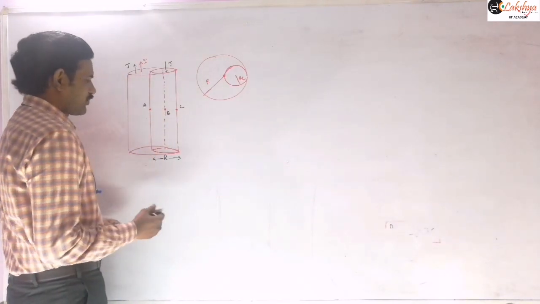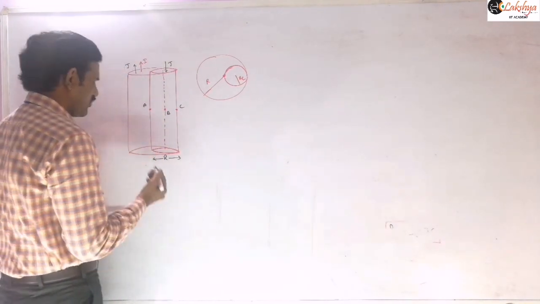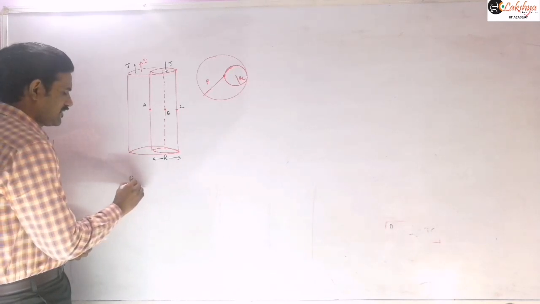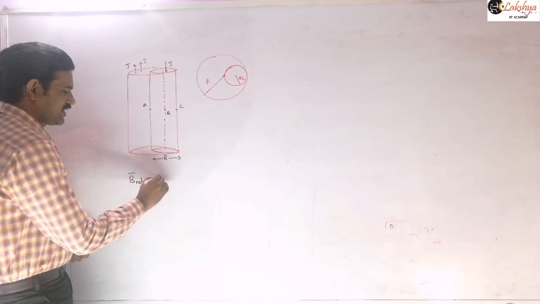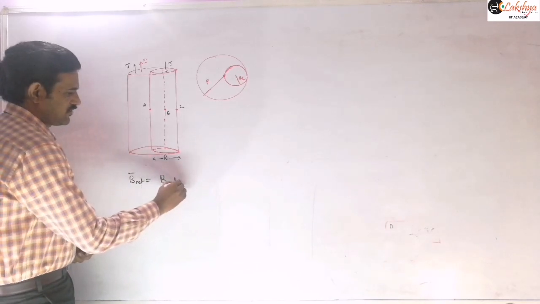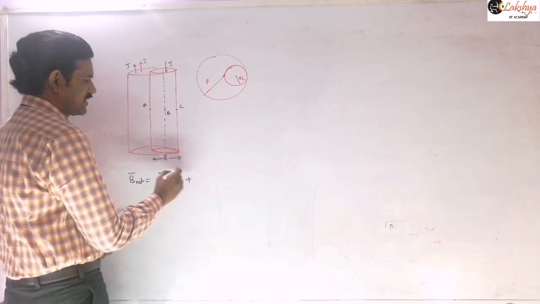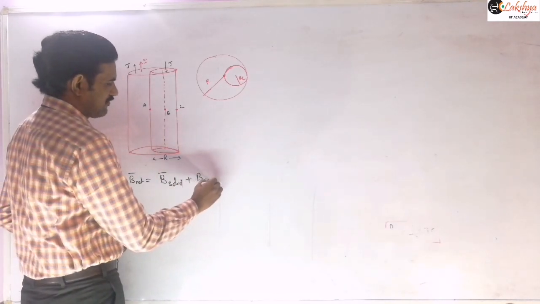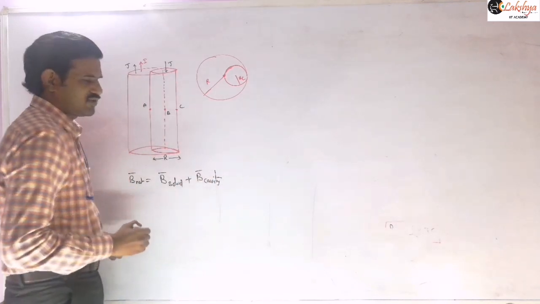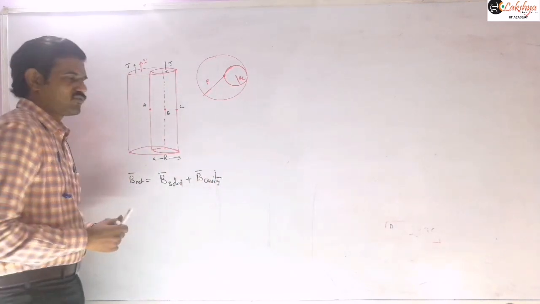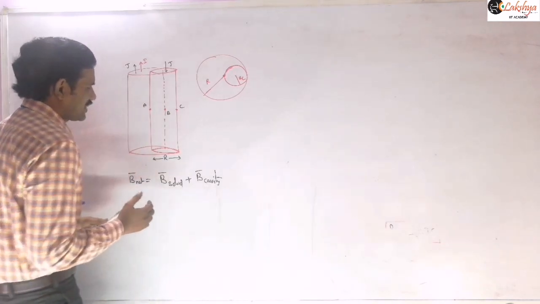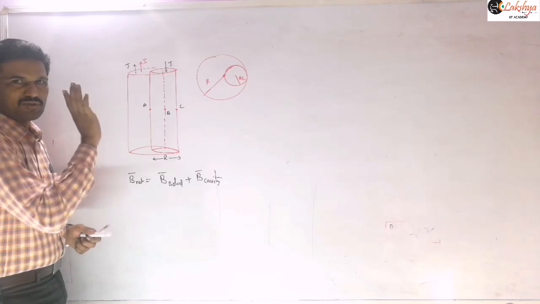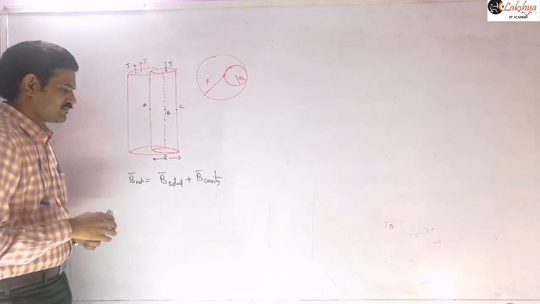First I am following the procedure for point A and point B. The net magnetic field at any point we can write as the magnetic field due to the solid cylinder, without any cavity, plus the magnetic field due to the cavity having the opposite current density. This is the approach we are going to write here. I am going to write in terms of J, and finally I will replace that J value. Is it clear?